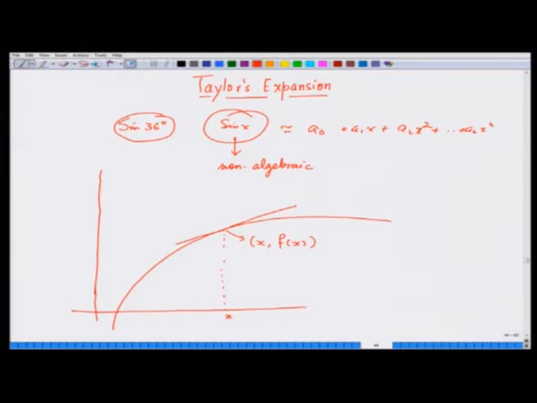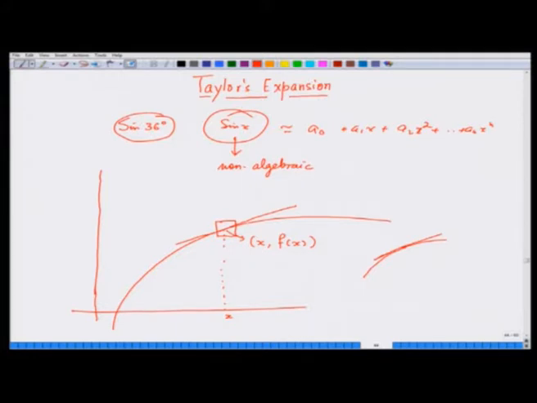If I zoom in here, what do I see? I will see that the tangent is almost touching, almost very near. The distance between the tangent and the curve becomes smaller and smaller as I approach x, f(x), whether from this side or this side,